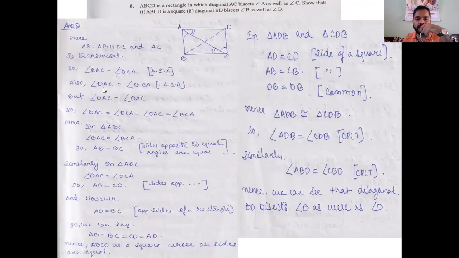Secondly, again, DAC is equal to BCA. See, DAC and BCA, these are marked as double arc. These two again, they are equal. But if you recall the question, it is given AC bisects angle A as well as C, which means BAC is also equal to DAC. BAC is equal to DAC because AC bisects angle A. So now if you combine these three equations, what do you get? That all the angles are equal to one another.